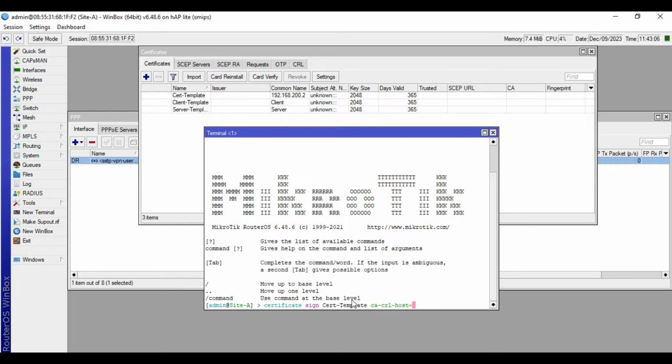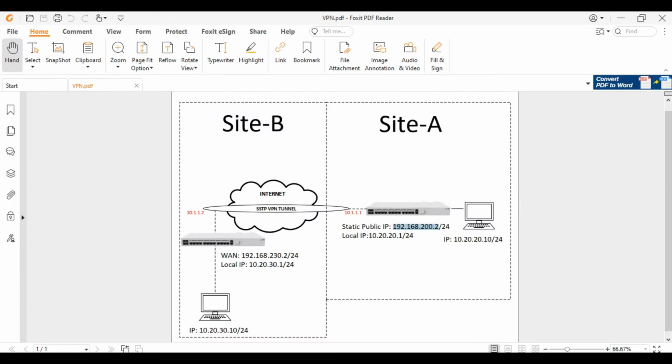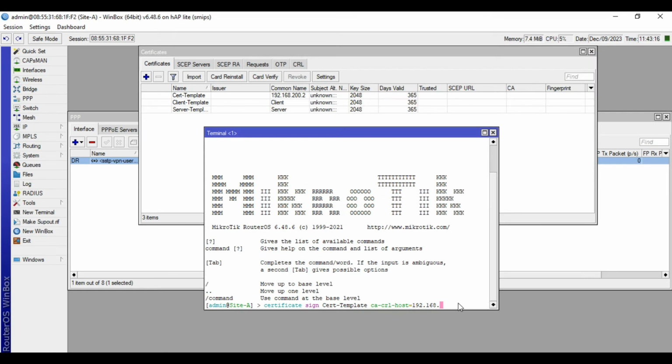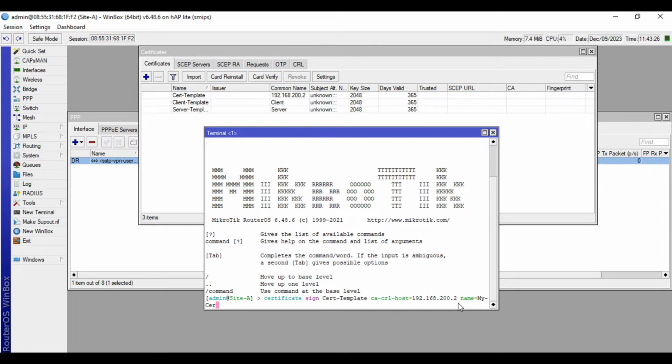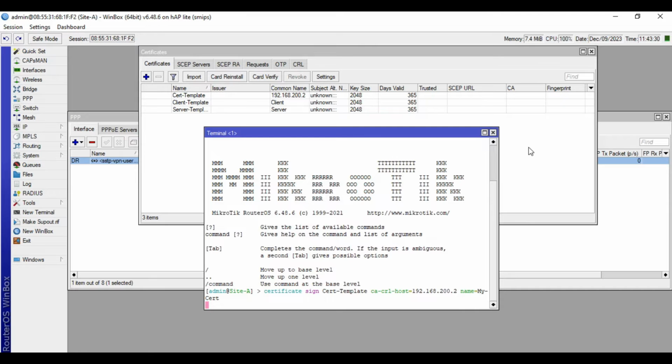Then input here the static public IP of your VPN server, 192.168.200.2. Then space name. So I name this one my cert. Then press enter. Wait for it to finish.